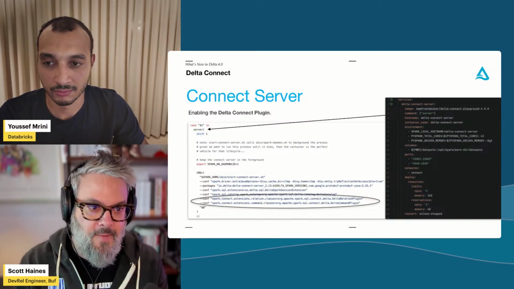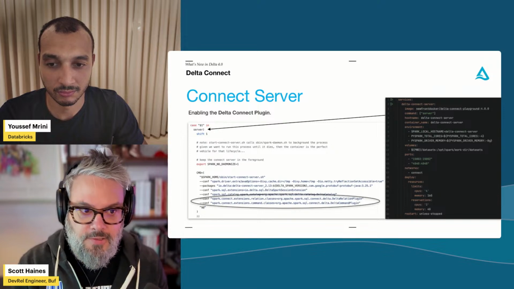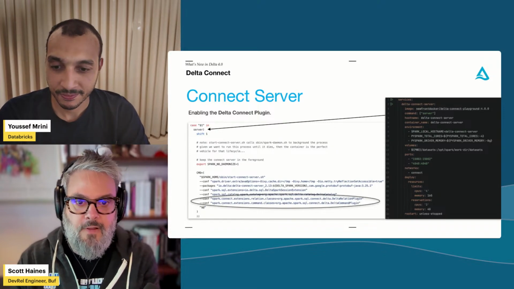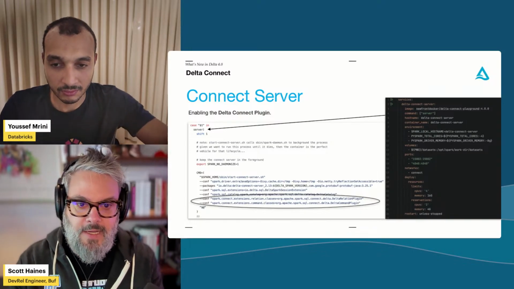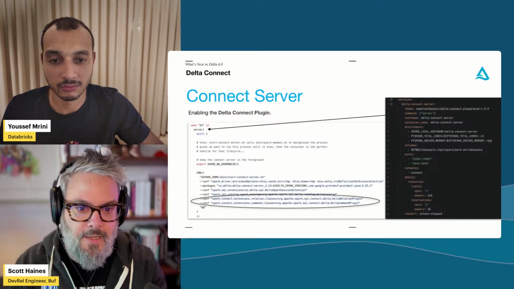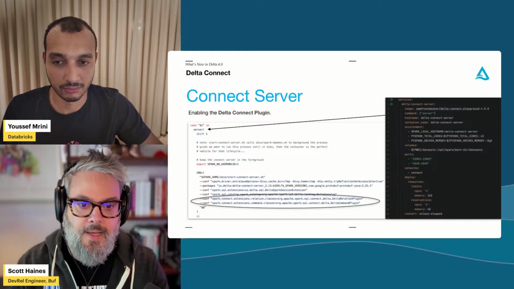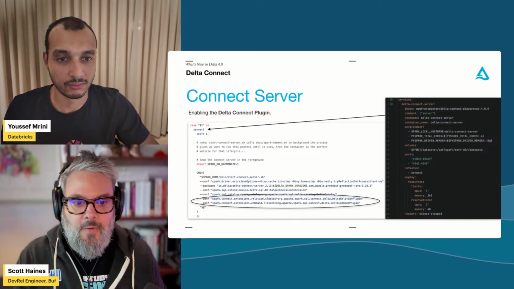So I hope the command is showing up big enough for people to see it. If it's not, we're going to share the slides out anyways. I'm also sharing the actual source code for all of this, so anyone can download it and take a look at it as well. But if we take a look at running the server, I don't know if I have a highlighter, but where we see the command spark home sbin spark-connect-server.sh, all we're doing is essentially